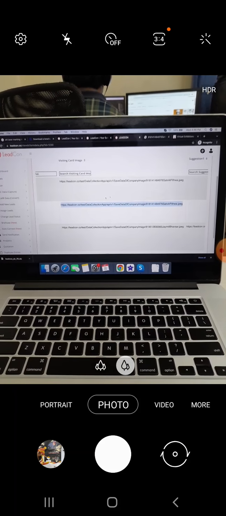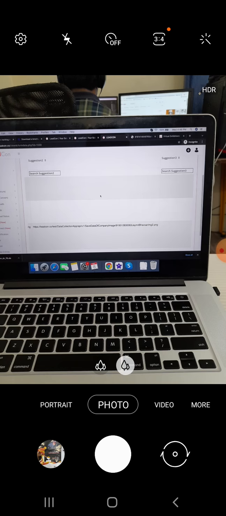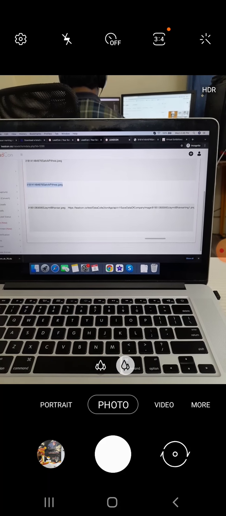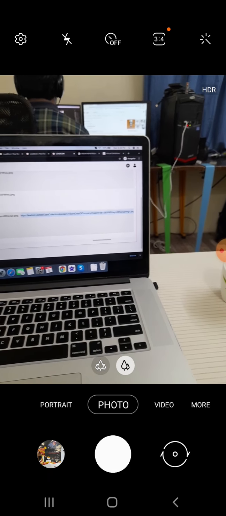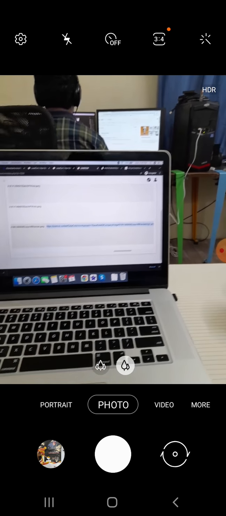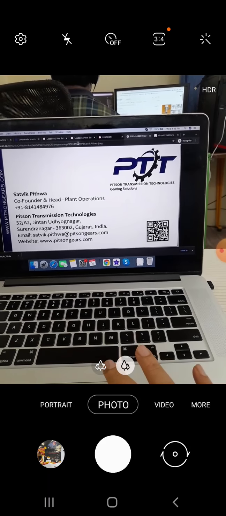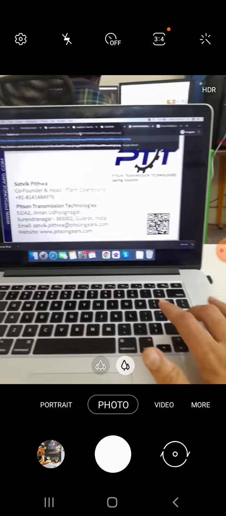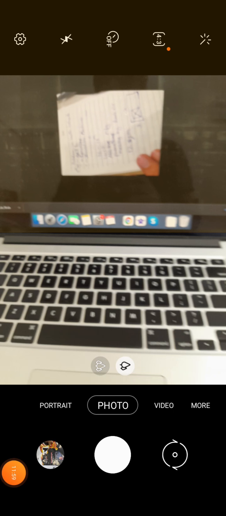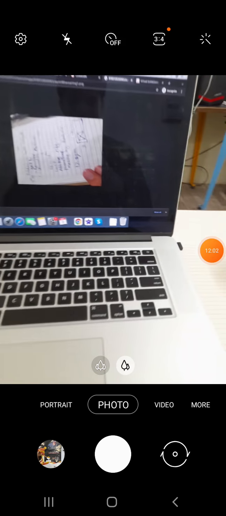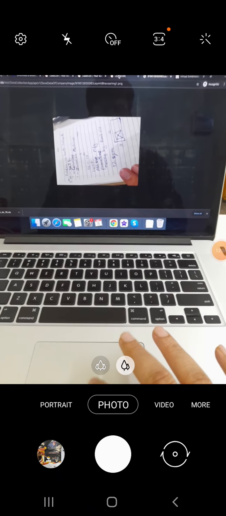In a similar fashion, whatever other images. If you remember, for the first time we took some other images as well, which was of this diary. So we are also going to check that out. You can see here the diary image can also be seen.